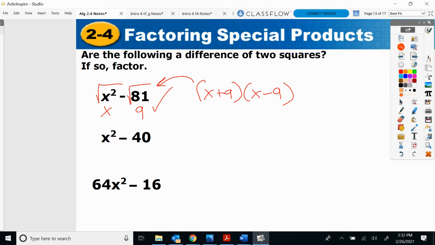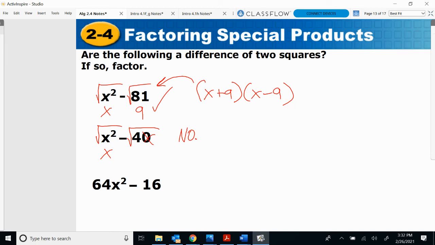All right, check out our second one. We want to see if we can take the square root of both of them. We can take the square root of x squared, it's x. We'll check if we could do 40. 40 doesn't work out to be a perfect whole number. If you put that in your calculator, you'd end up getting a decimal number, so that is not going to work. So this one is not one of those special type of binomials